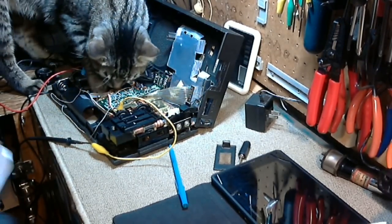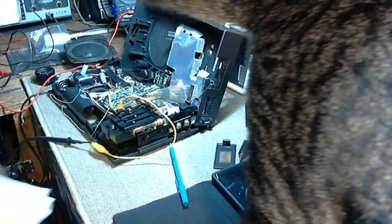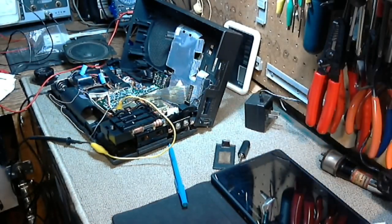Don't step right in the radio. Sniffing out the electrons there, are you? Watch out for the soldering iron. It's giving that a good sniff. You get a warm nose there. And Draper's off into the other part of the shop. So now,